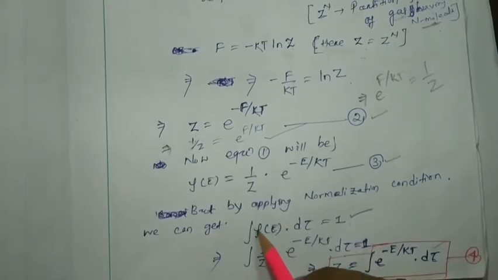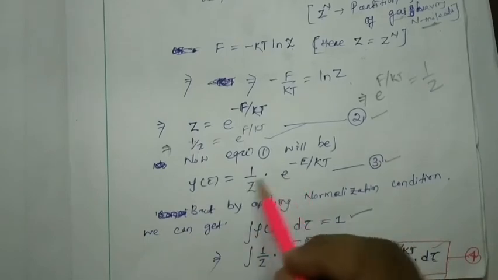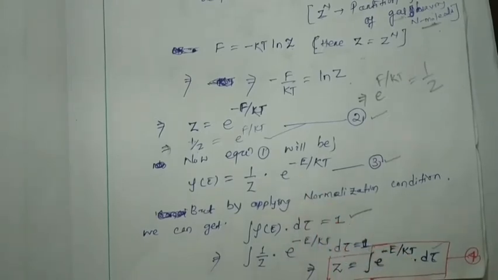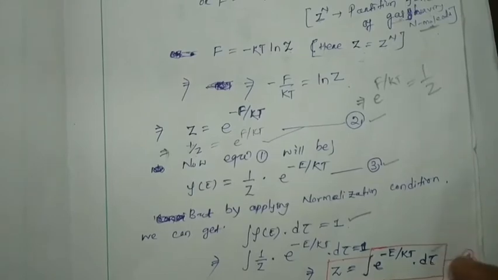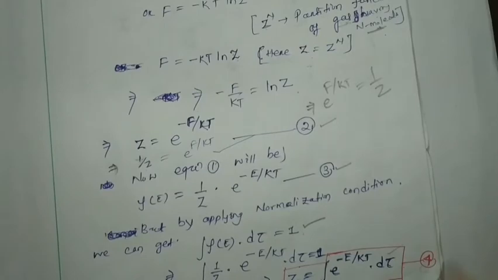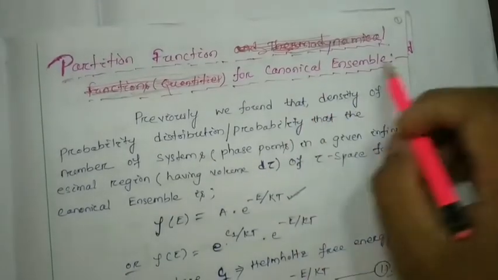So here we can put rho e. It will be 1 by z into e to the power minus e by kt into d tau, integrated, equal to 1, and z will be equal to the integral of e to the power minus e by kt into d tau. Let it be your equation number 4. So this z can be accepted as the so-called partition function of your canonical ensemble. However,